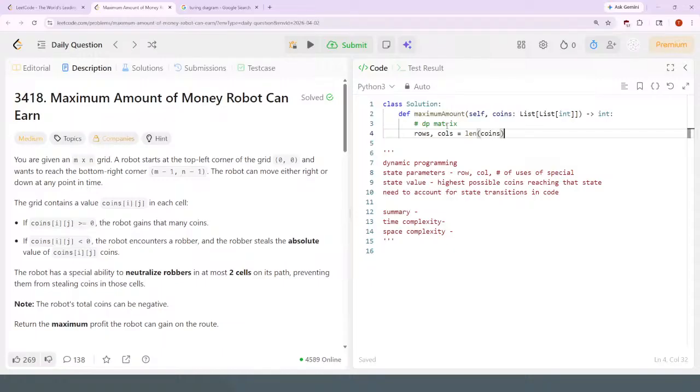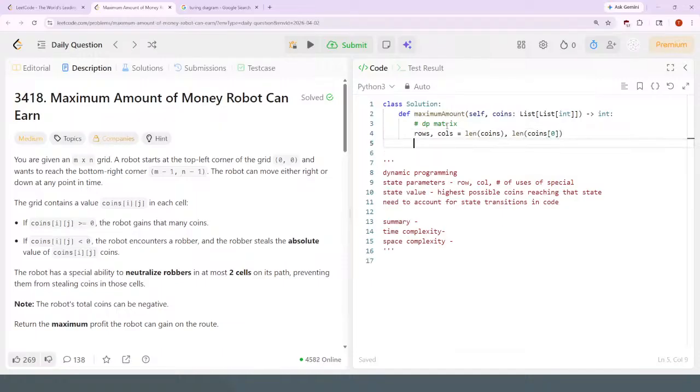Length of coins for the number of rows, length of coins at 0 for the number of columns, and 2 is the maximum number of uses, so 3 possible values for the number of uses: 0, 1, or 2. So dp is equal to